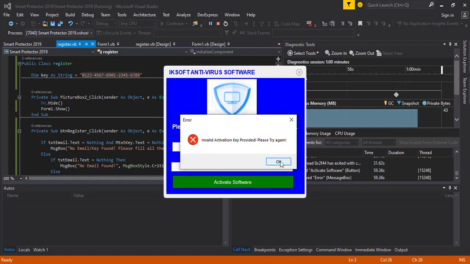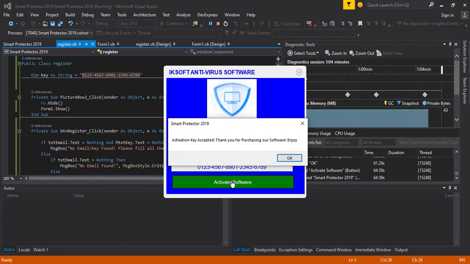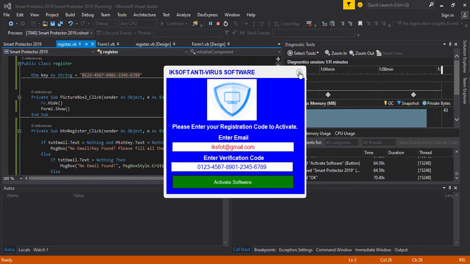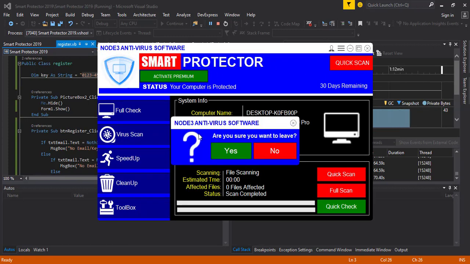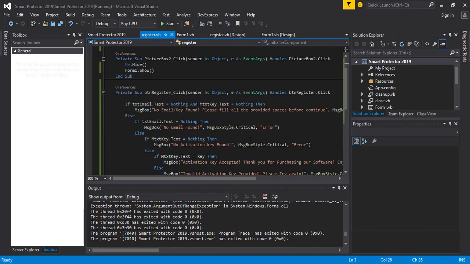You see invalid activation key, right? But when we paste this here, it's going to say activation key accepted, thank you for purchasing our software, enjoy. So that means our activation key is kind of working, right? Good. So let's try to pop up some